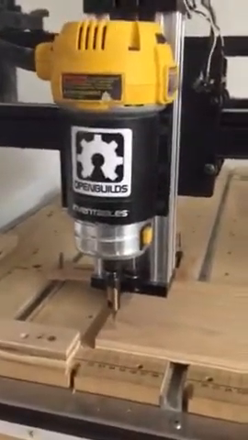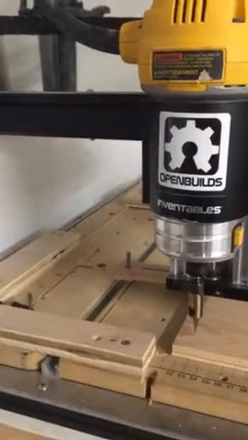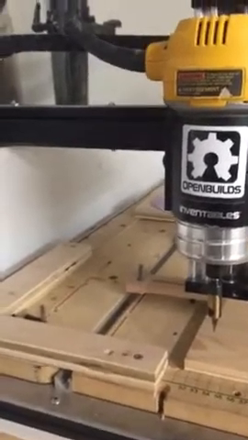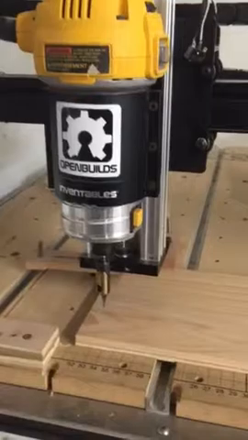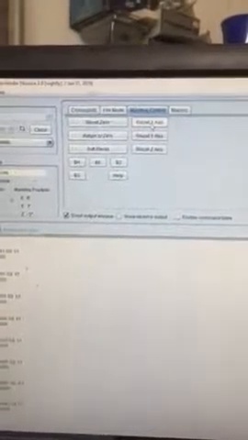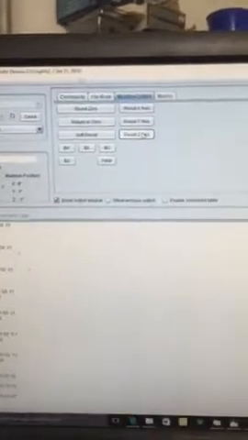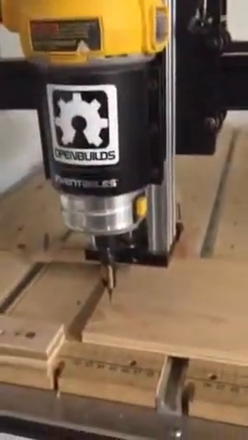I'm going to pull it out. I'm going to drop the bit down an inch. I'm just going to get it close to the bottom left corner of the work, and I'm going to reset all 3 axes, or zero all 3 axes, and because I just wanted to cut air